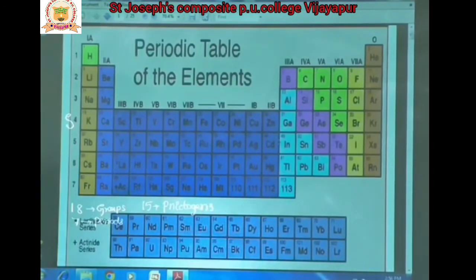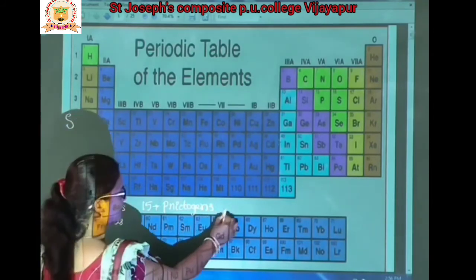Yeah, P is silent. Why the name pnictogens for this? Because these are in the form of gas. These gases are difficult to breathe. Difficulty to breathe, that's why the name pnictogens for this. Then come to the 16 family elements, that is oxygen family elements.